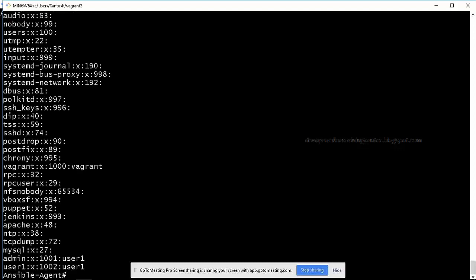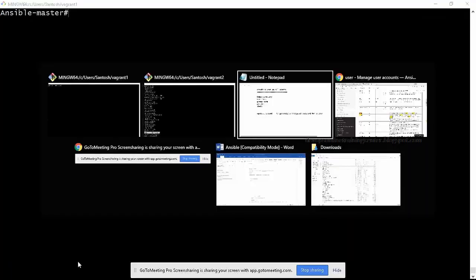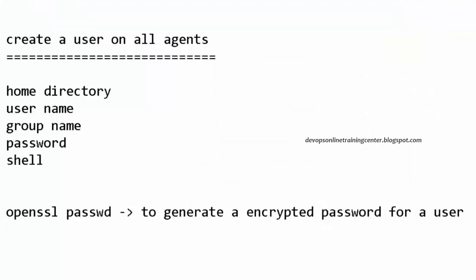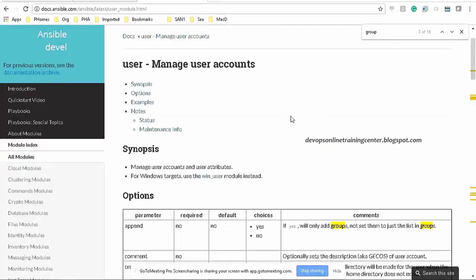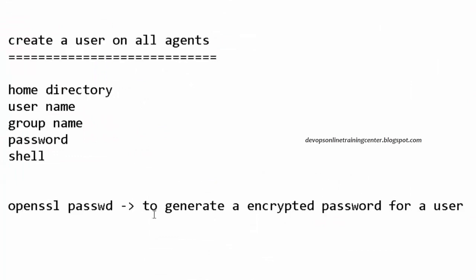Maybe some issue. Okay, it's there: admin user one, user one. It's added, so it's working fine. Basically, we created a user and we added him to two groups, admin and user one. Is this clear? Like this, for any playbook, if you need some requirement, we can go to the documentation, search for that particular module and use it.